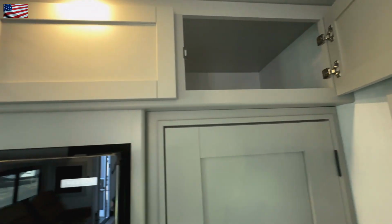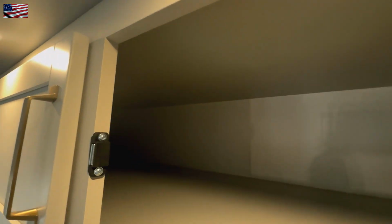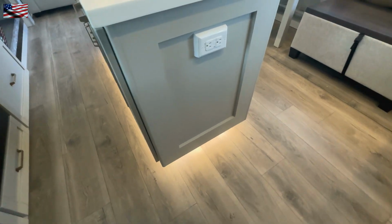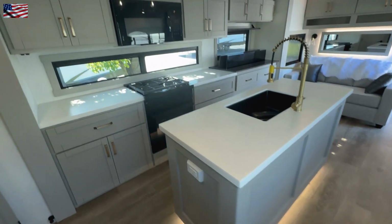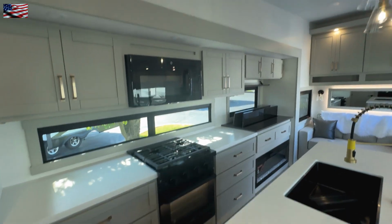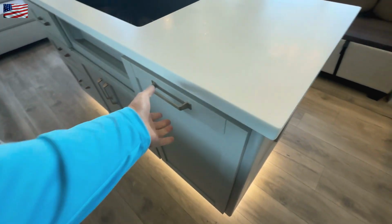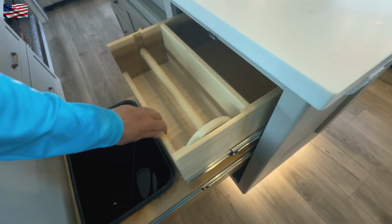And then we have these cabinets above with plenty of storage, and you can see it is accessible from all four doors. I like the under island lighting. The sun's just coming up, so you can see the lighting rather well. Bank of cabinets. This is one of the slides on the off-camp side. You have an exhaust fan, pendant lighting, nice island, plenty of drawers, and I do like showing off the way Brinkley sets up their